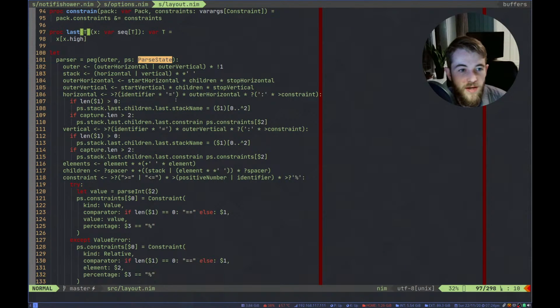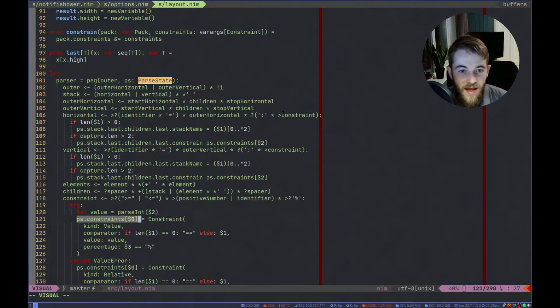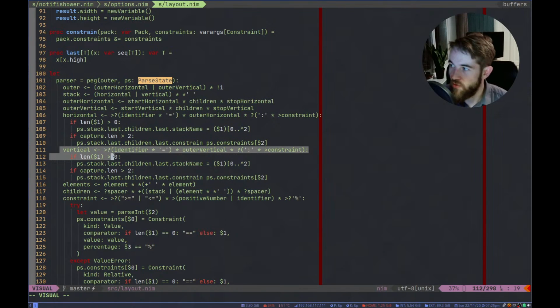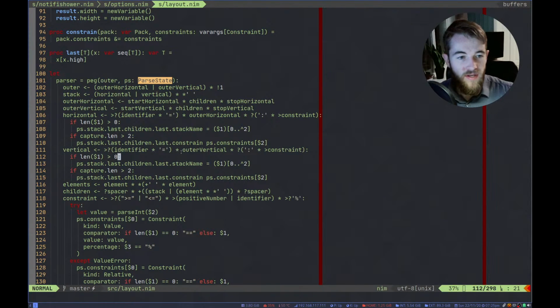That's what allows us to do parse state.constraint and grab the constraint out of here, because this constraint parsing rule just adds it to this table, and then we grab it out of the table in whatever upper rule we're in, because it can happen across multiple different rules.